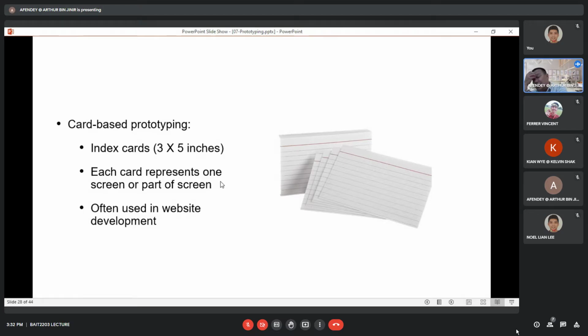Because in website development, we will go from one tab to another tab or from one content to another content. So if we directly create the website, usually before we create the final website, under the prototype stage, we will go for the cut-based. Every index cut represents one content. For example, main HTML means your main page,